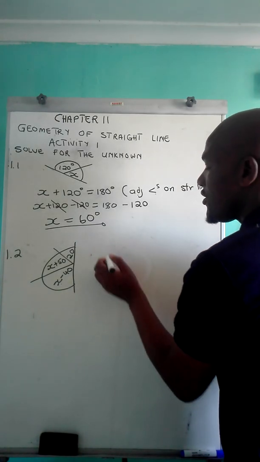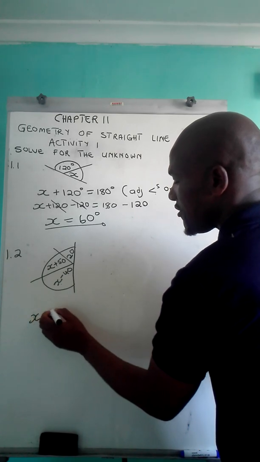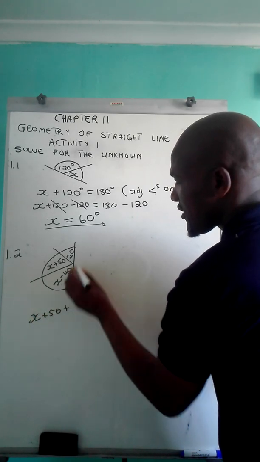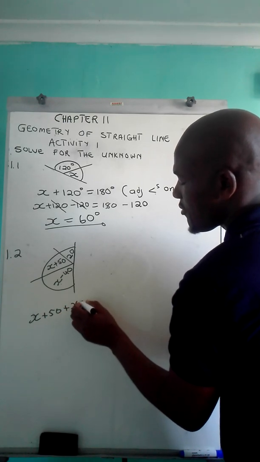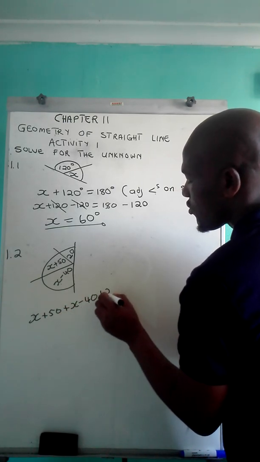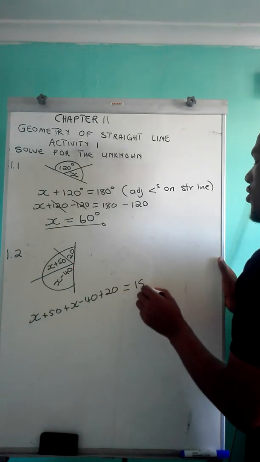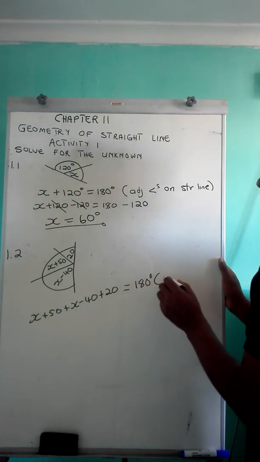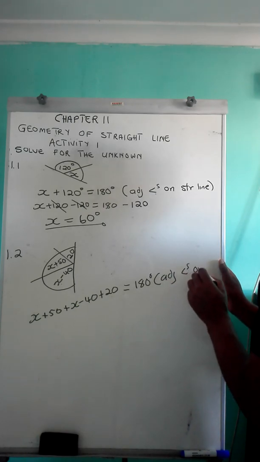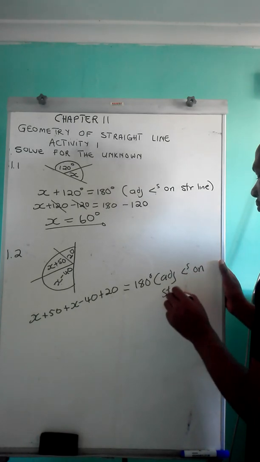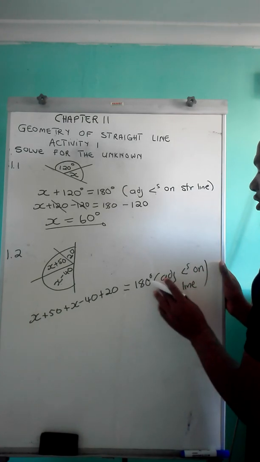So I will say x plus 50 plus x minus 40 plus 20. You add all these angles. They sum up to 180. The reason: adjacent angles on a straight line. On a straight line,